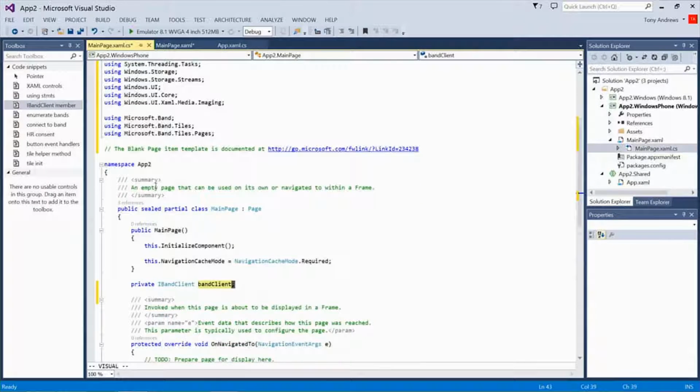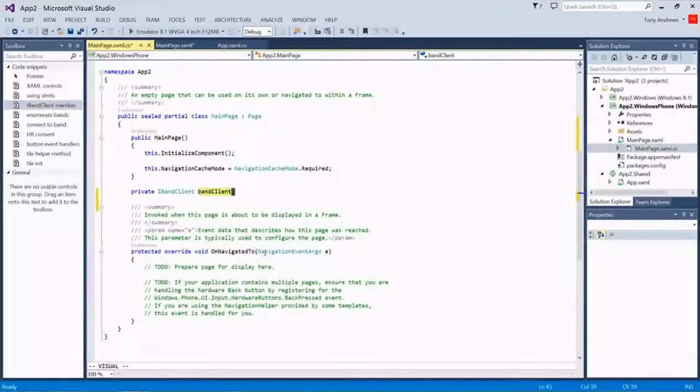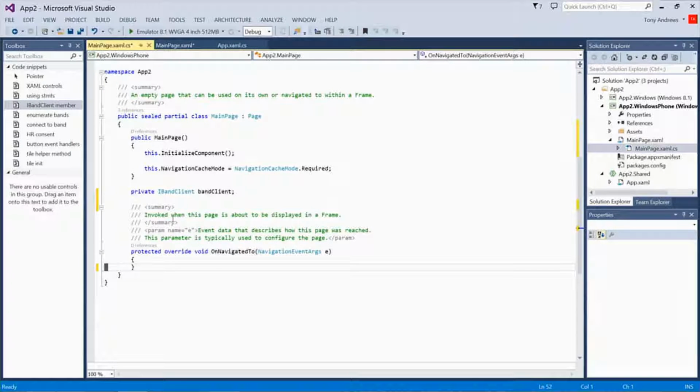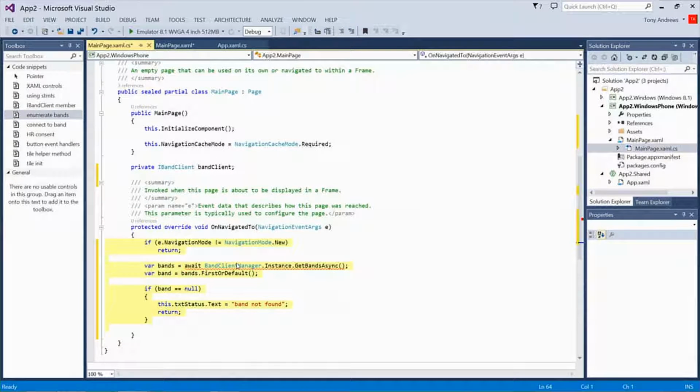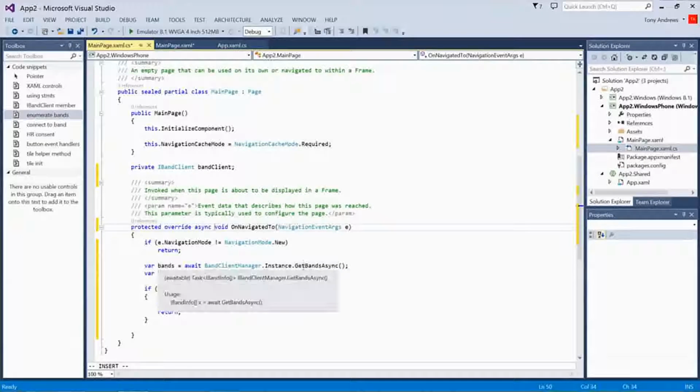So we'll just come down here to the OnNavigatedTo method for this application. This is where we're going to drop in most of the code. And the first thing that we want to do is just enumerate the bands. So we're going to use this band client manager. We'll get the singleton instance on that, and I just need to make that async. And we'll call this method called GetBandsAsync, and that's going to go out and find the set of bands that are